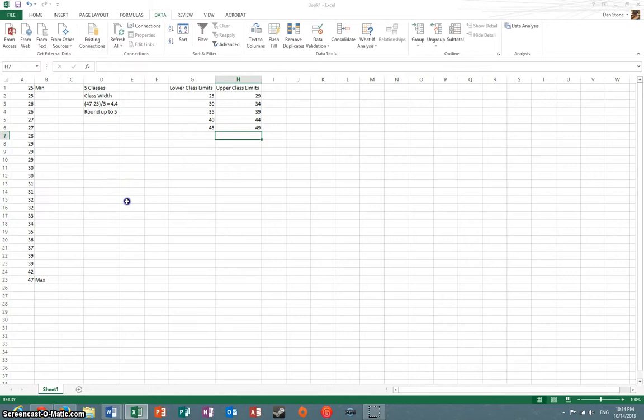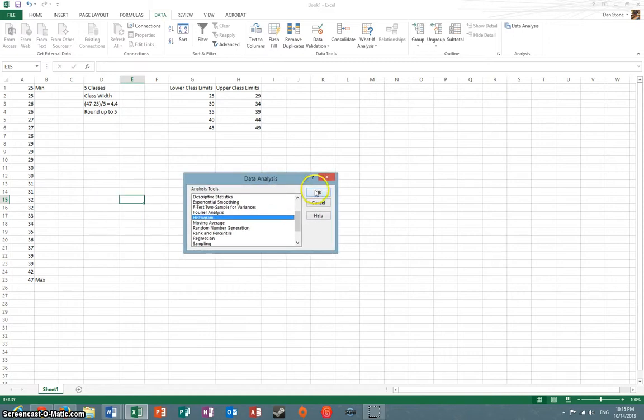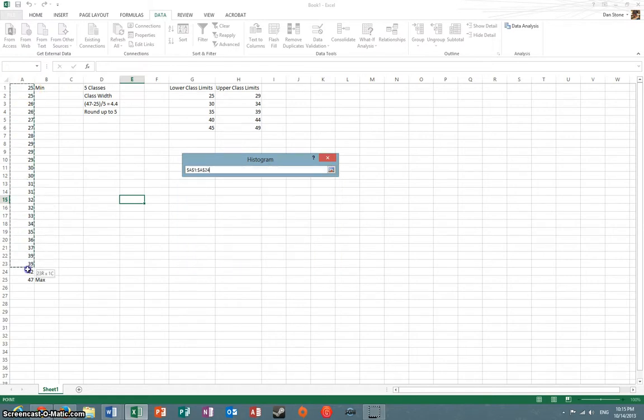Now I can hit the actual keys that will make the histogram for us. I'm going to hit Data Analysis up here. I'm still on the Data tab. I'm going to hit Data Analysis, and I'm going to look up here. I'm going to find the one that says Histogram, and I'm going to click OK. Now Input Range. I'm going to click in this Input Range box, and then I'm going to move over to my data values. I'm going to click and drag until I get all of my data values in here,